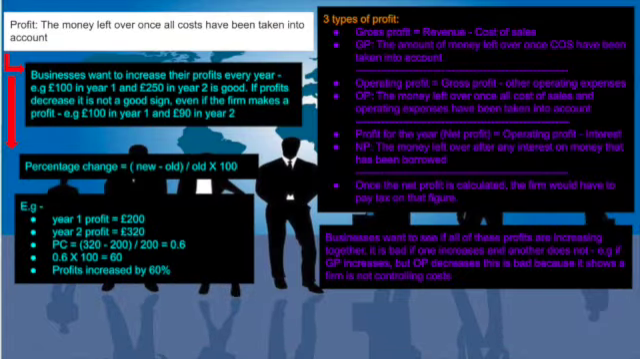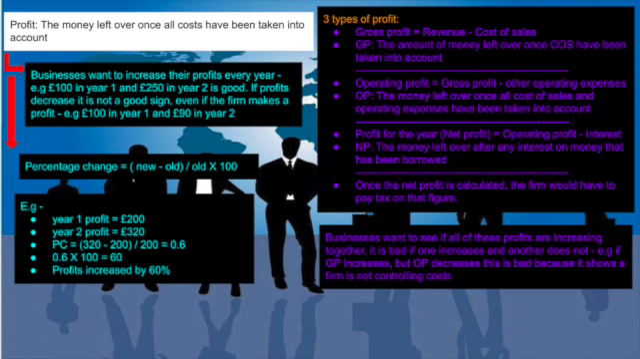So profit is the money left over once all costs have been taken into account. And now businesses want to increase their profits every year. So if they get £100 in year one and £250 profit in year two, that's good. But if profits decrease, it's not a good sign, even if the firm still makes a profit. So for example, £100 in year one and £90 in year two isn't a good sign because it shows the